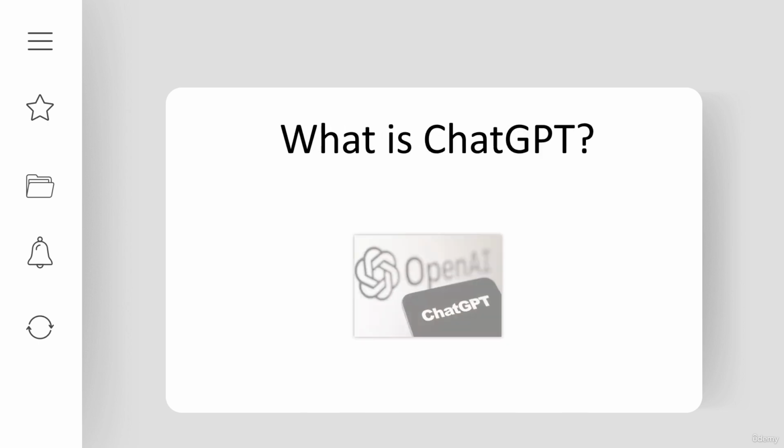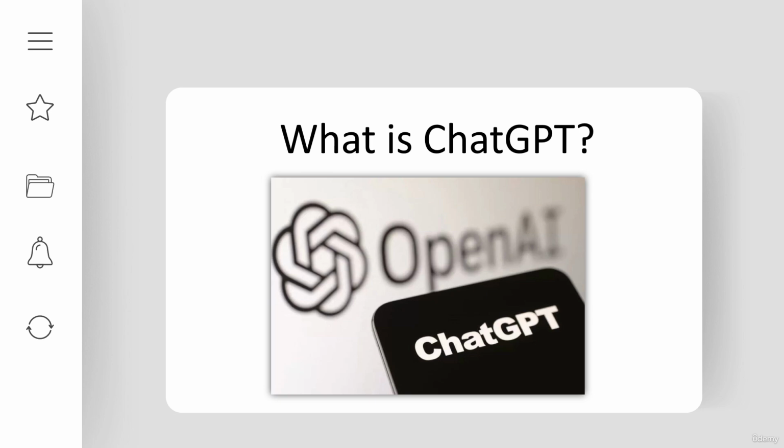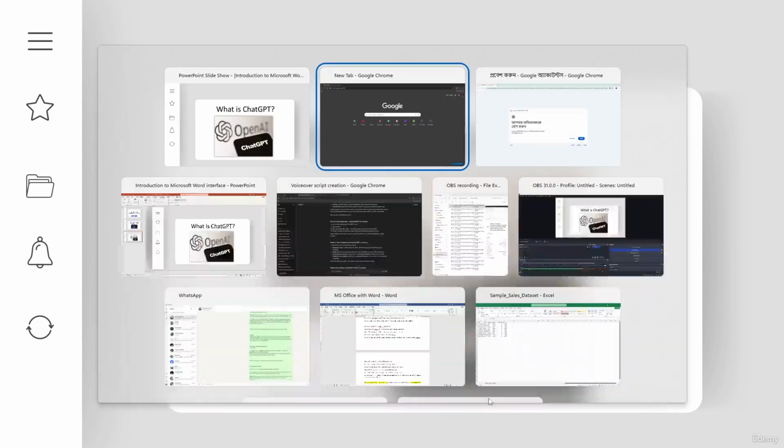What is ChatGPT? ChatGPT is an AI language model developed by OpenAI, and think of it as a super smart assistant that can answer questions, write content, generate ideas, summarize information, and even act as a coding partner. So let's go to a simple example, and for that,